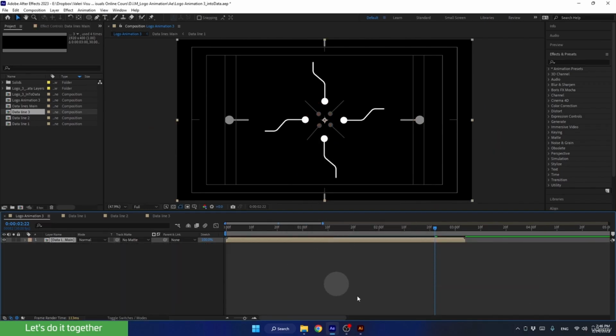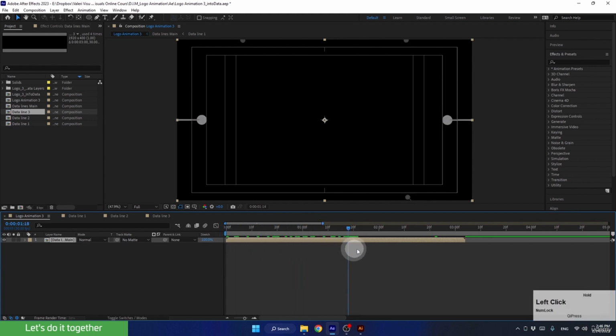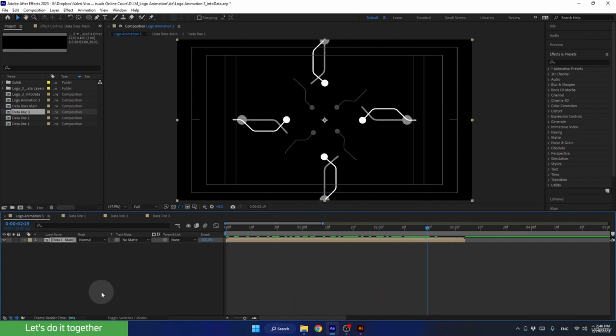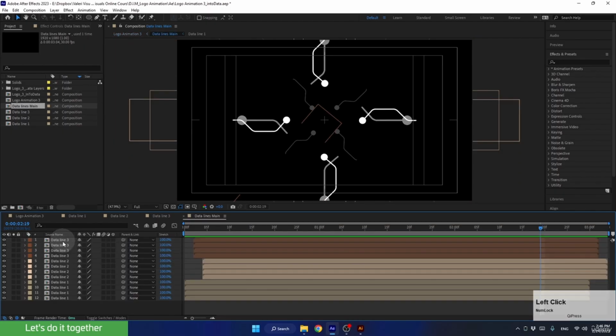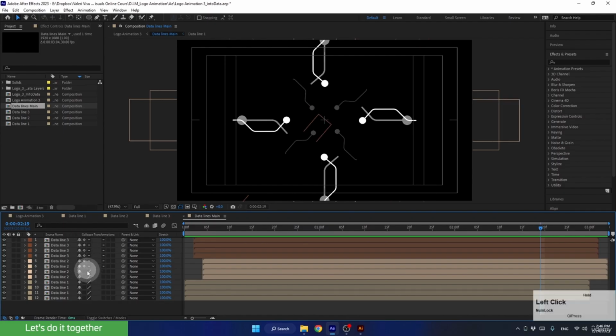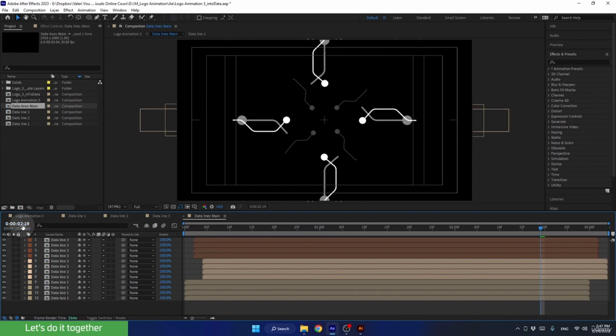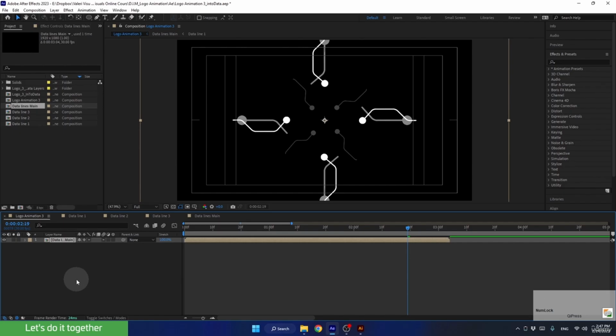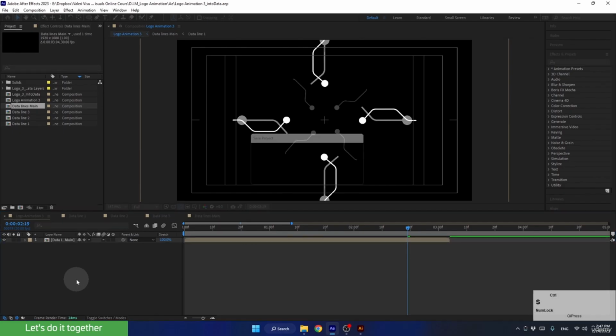And now, to maintain the highest quality if we want to scale this composition later, let's activate the collapse function for this precomp and all the precomps within it. Click here if you don't see the collapse function. Awesome! And now, it's an excellent time to press Ctrl S to save the project before we move on to